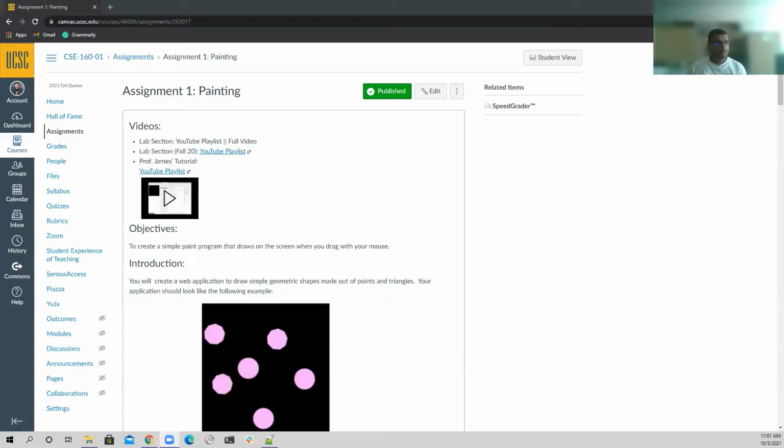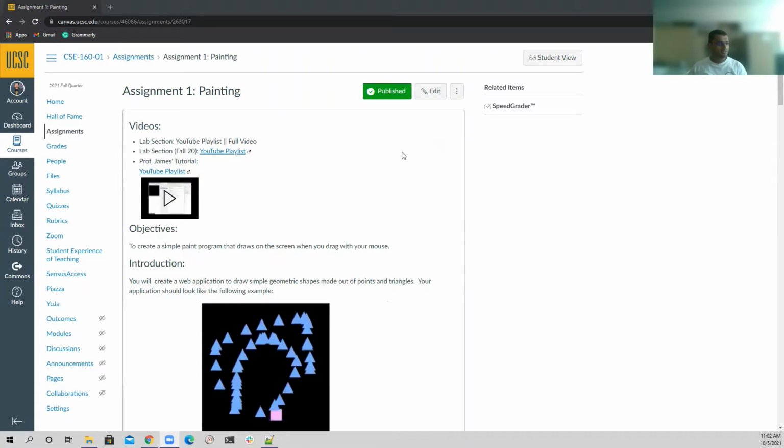Okay, so today we are going to discuss assignment 1, or painting. As usual, we are going to have a few segments of the discussion. First, I'll introduce assignment 1 and talk about the requirements. Then I'll give you a quick demo of my solution. Then finally,